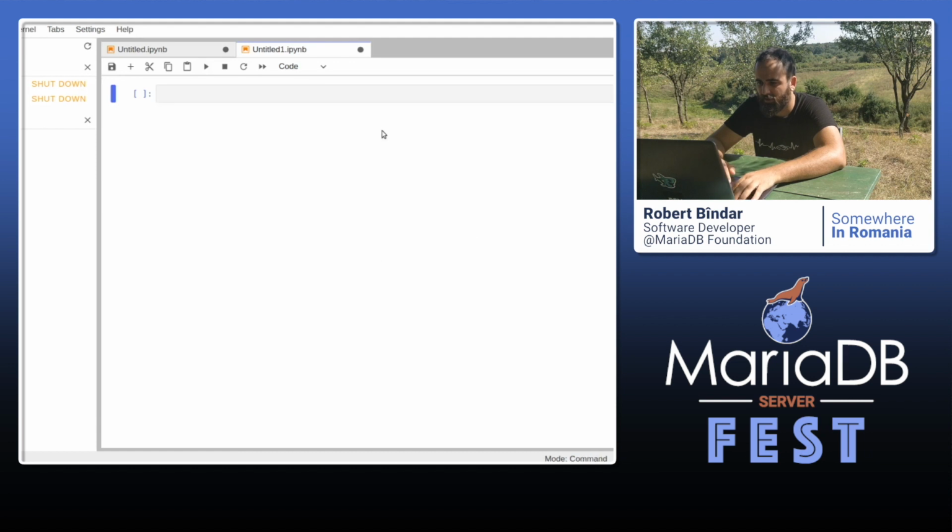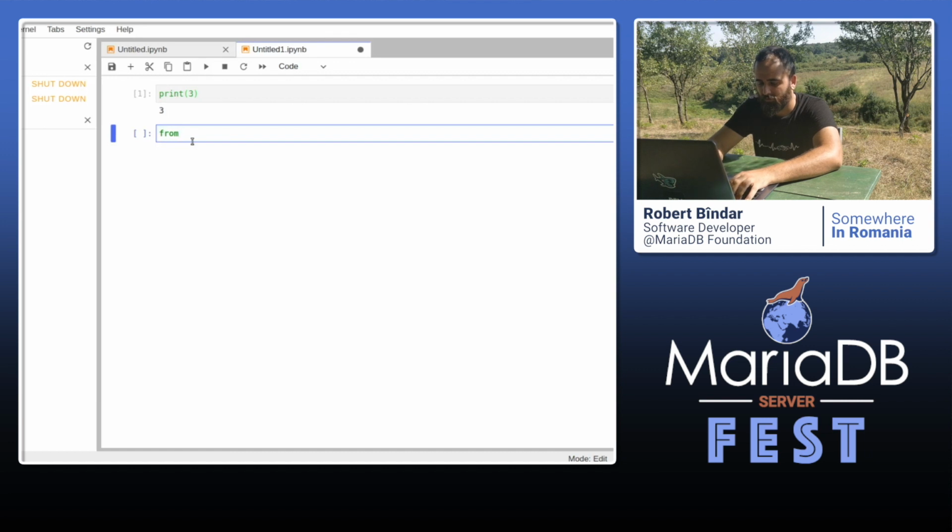So let's quickly test it. Let's do some dummy prints. Print 3, and if I execute the cell, I get the result. And let's try a small experiment where we try to chart something.